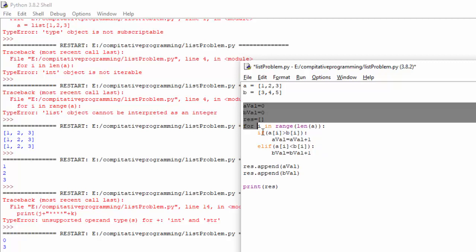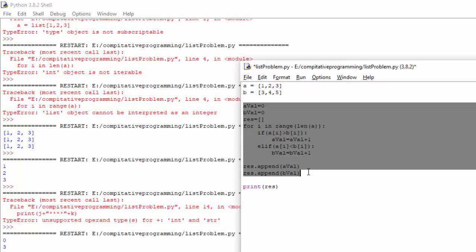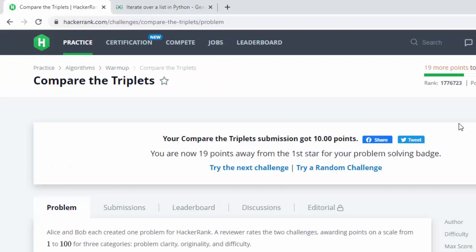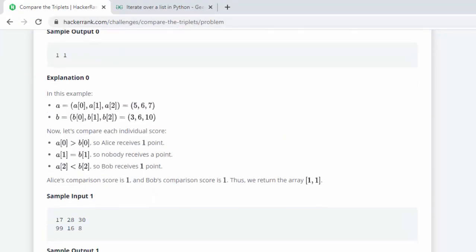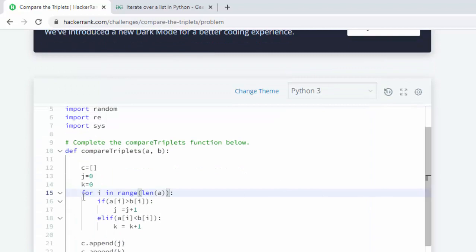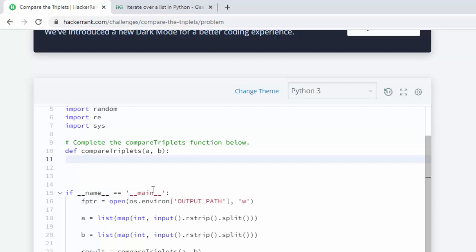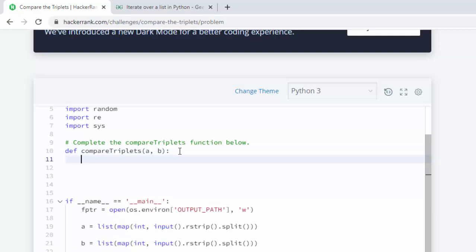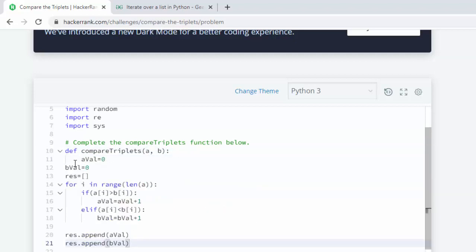Okay, this thing what I'll do is I'll simply copy these lines, because in this statement they are asking us to implement this single line only. This single statement only, this single method only they are asking us to implement. So I have created something like this. So let me append properly here.